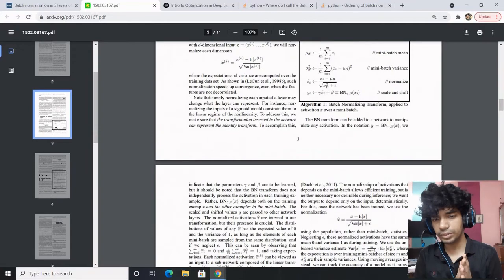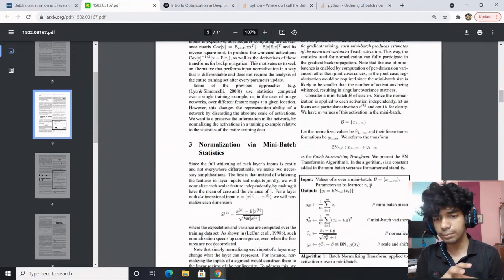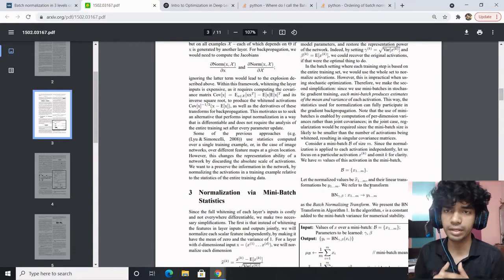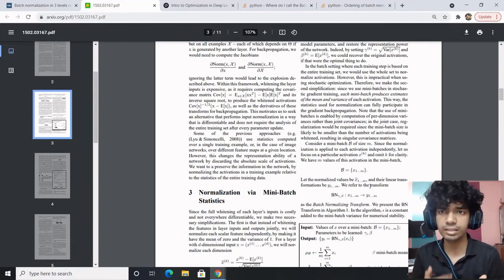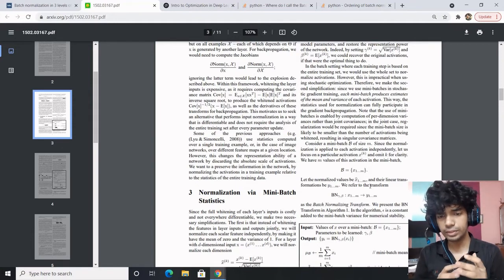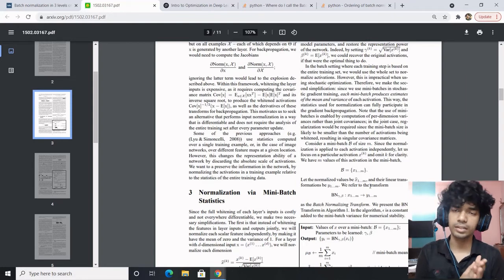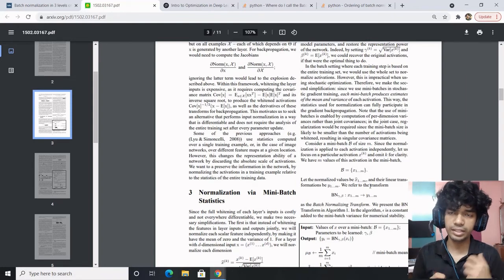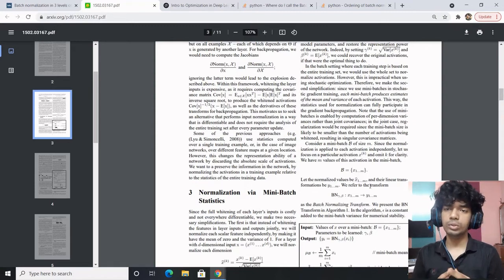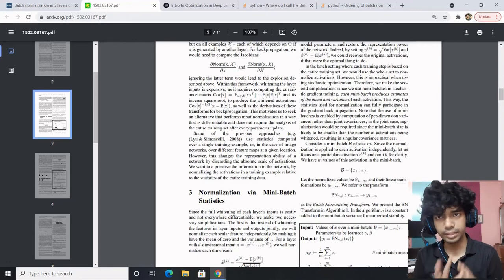Then there's a question and argument. We will not get into the mathematics. Majorly, what it does is it improves the training process, smooths the training, and gives faster convergence. Added to it, the gradients. There is faster and better convergence because the internal shifting which was happening is now taken care of. Added to it, it also has a regularization effect. This is what batch normalization does.